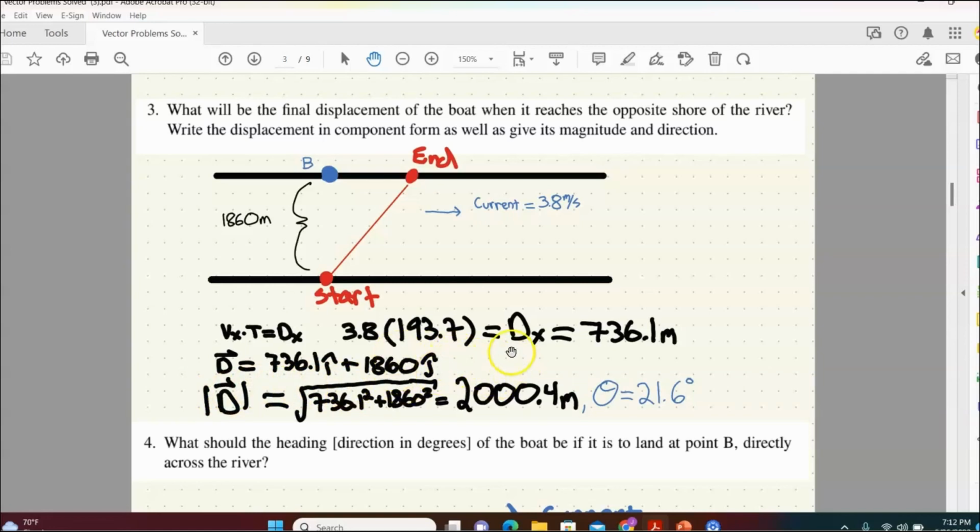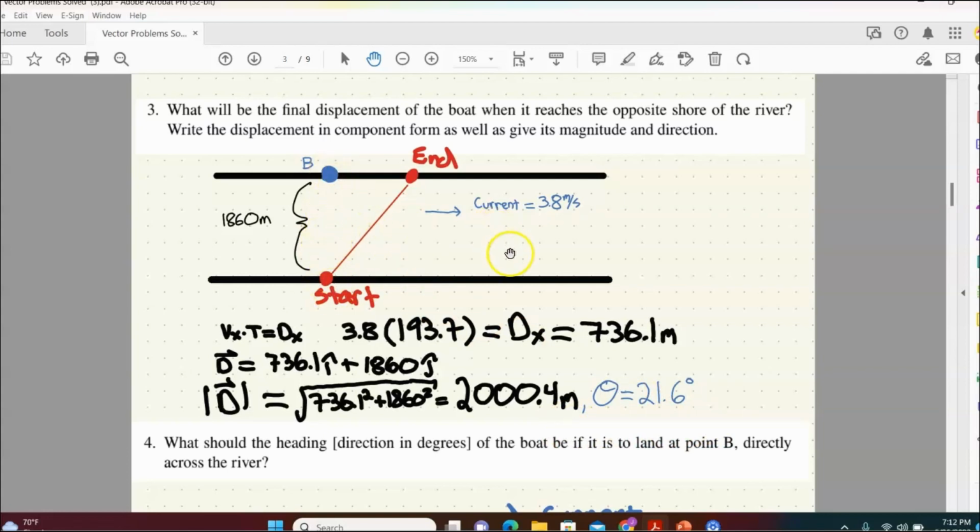If you want to convert this to angle magnitude form, which the question asked you to do, so you do want to do that, you find the magnitude of the displacement vector d, which is the square root of the components squared, and that's 2000.4 meters. And then the angle is 21.6 degrees